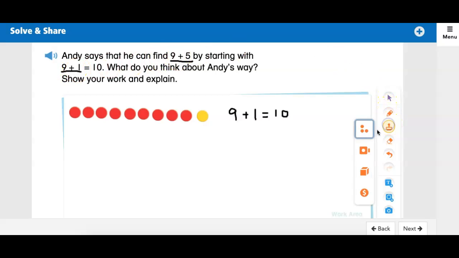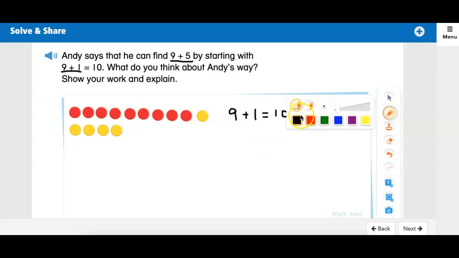So if I were to add 4 more counters, so I had 10 counters, if I were to add 1, 2, 3, 4,